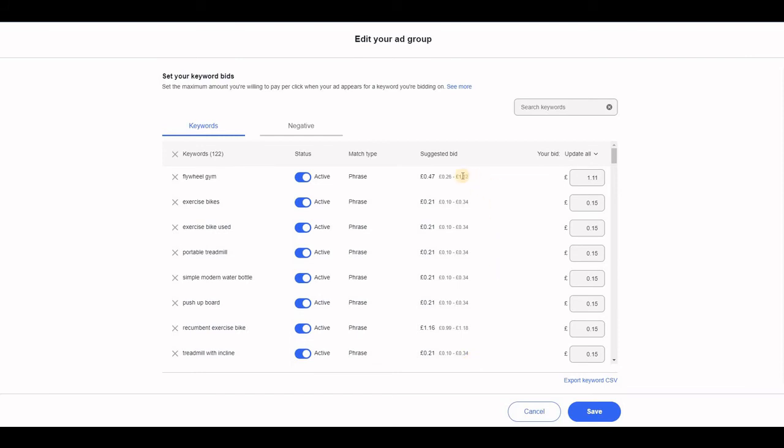But remember, in this case, if you were just setting £1 per day, you would not even get any click really, because this covers even more than £1. So that's why I was saying £3 to £5 is really better for you, or you would have to set your own bid. So you can always edit these. Obviously mine is ending today, so I just leave this as it is, and then you click on save. You can even export the keyword file, so you can view this on your spreadsheet. And if I click save,